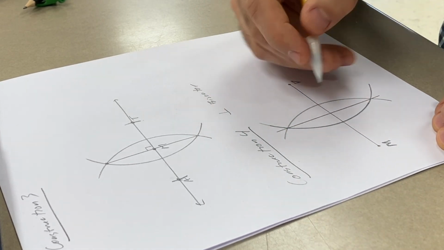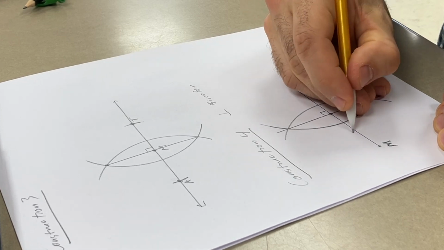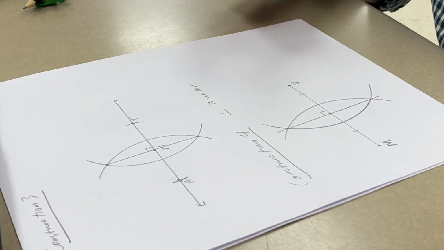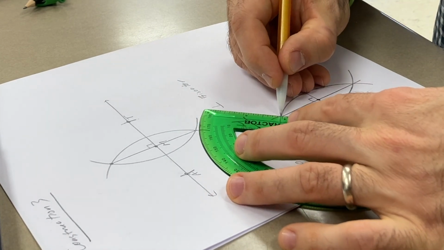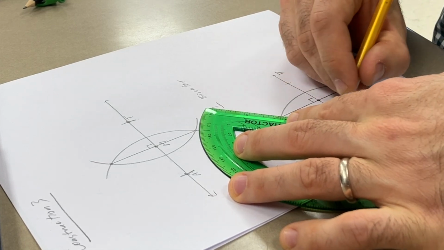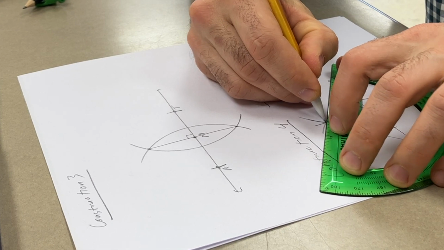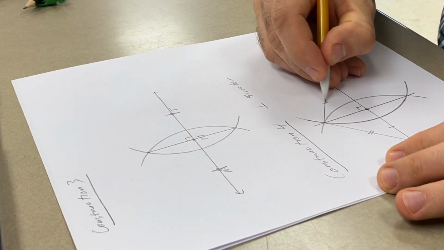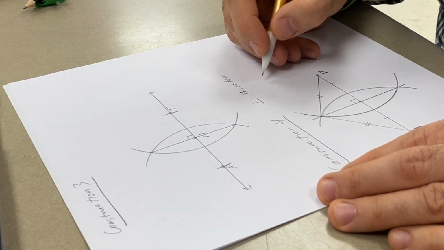And so this line, it's here, it's perpendicular, and it's the bisector of segment MD. Now, there are a couple things that come out of this. Notice then that this distance, right? So any point on the perpendicular bisector is the same distance from the ends of the segment. Okay, so